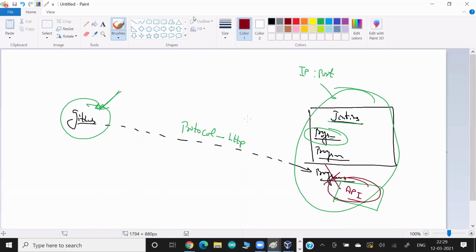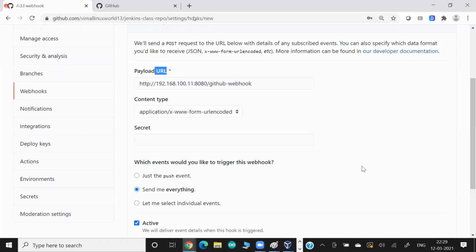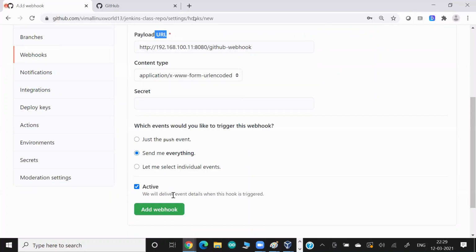GitHub goes to this protocol, this IP, this port, and this program. So all those four things we can write in one URL. Okay, so this is the only setup you have to do, and that's all. Okay, and obviously it should be active. If it's not active, in my case it is active, so this is the only thing you have to do. Now, guys,